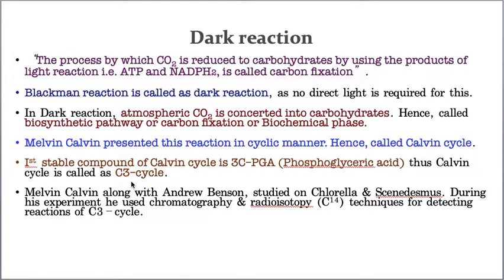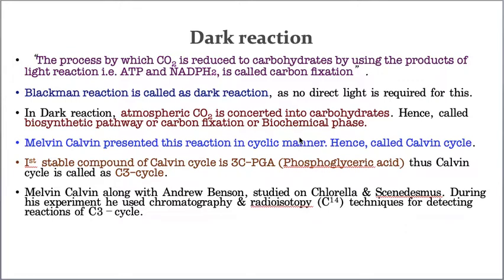As I already told you, why is it called a C3 pathway? Because in the dark reaction, the first formed stable compound is a 3-carbon compound called phosphoglyceric acid. That's why it is called a C3 pathway. Please don't forget this. This is one of the very important points. If you forget, you don't understand anything. So the first formed stable compound in the dark reaction is 3-carbon phosphoglyceric acid. That is the reason why it is called a C3 pathway. Hope you understood. With this I completed the introduction part of the dark reaction.